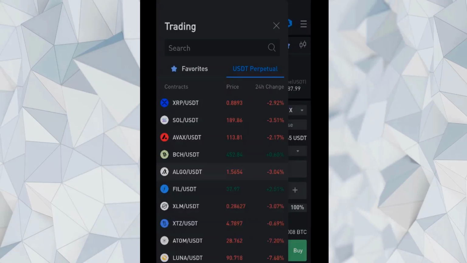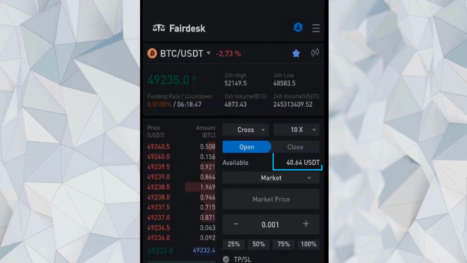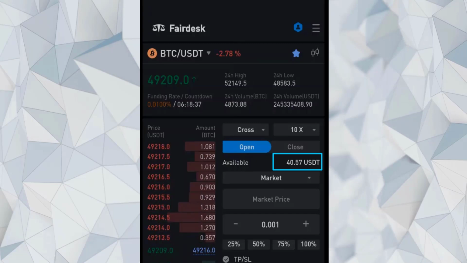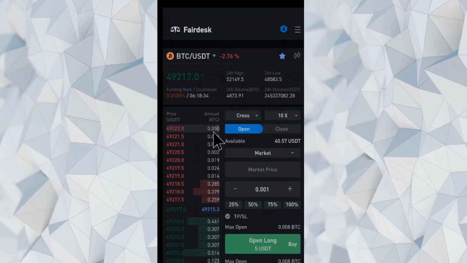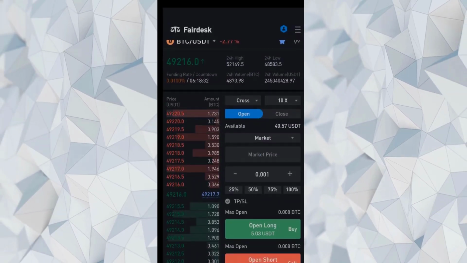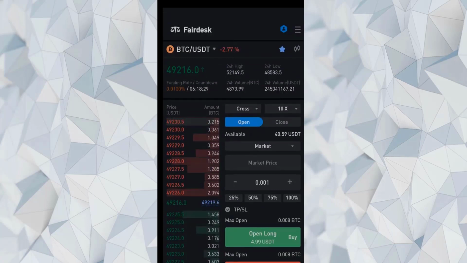USDT perpetual is actually USDT margin futures, and in these kinds of trade, USDT is used as collateral. So you must have USDT available for trading. Your profit and loss are based on USDT. Now before I start explaining the cross or isolated margin, and how to place buy or sell orders,